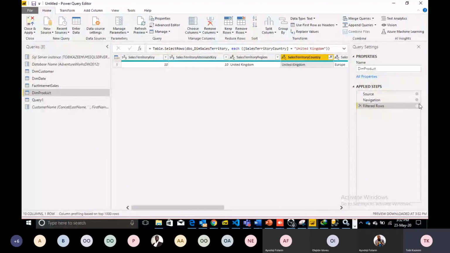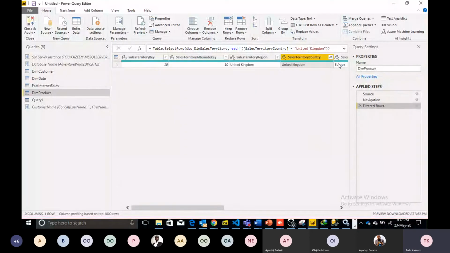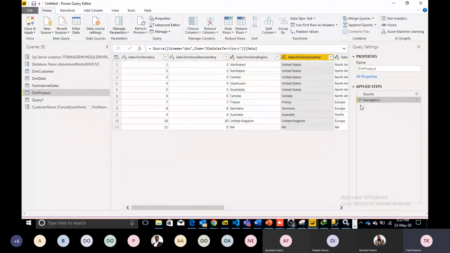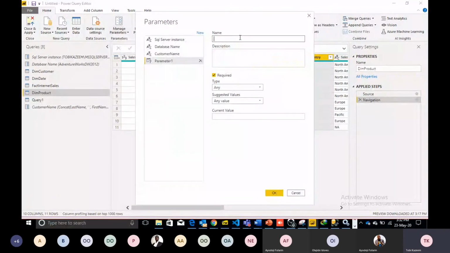So what we can do is this: we state all our existing states as a parameter. So, new parameter, state, text, list of values. So I can quickly put